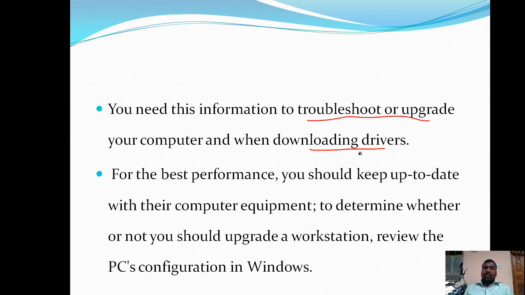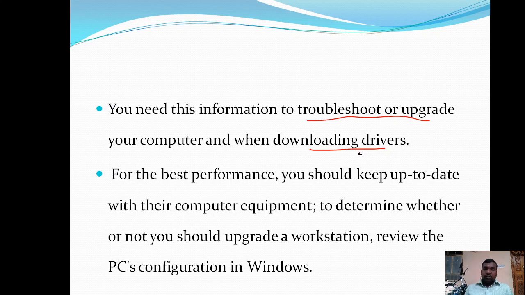Okay, for example, if you are trying to play a graphic game, video game, then you need a good graphic card. Okay, so is your system capable of playing that particular game or not, such kind of things.